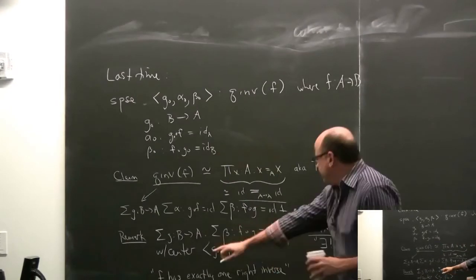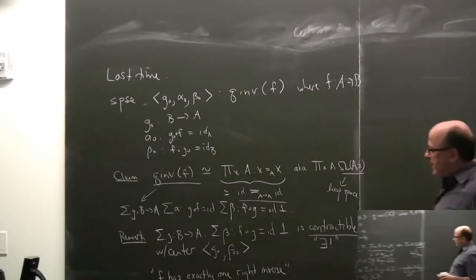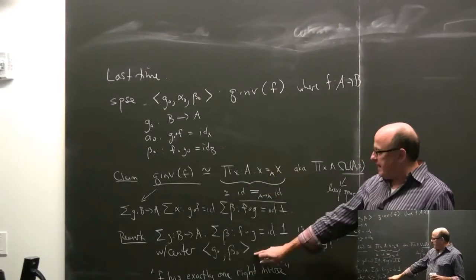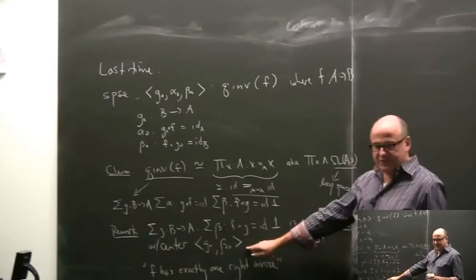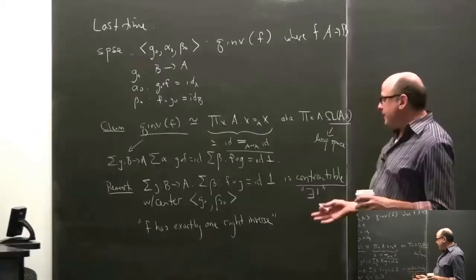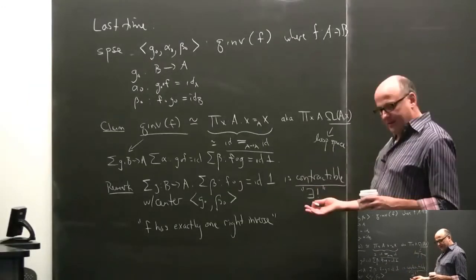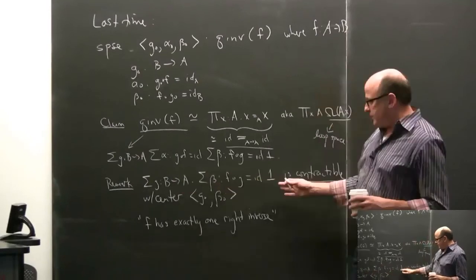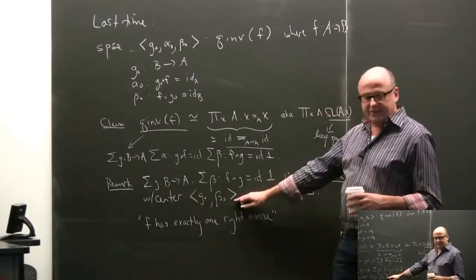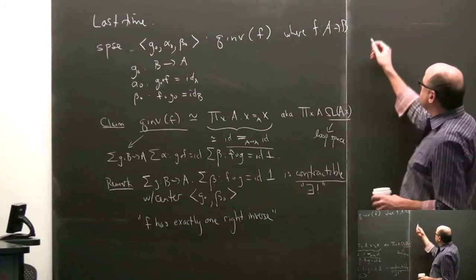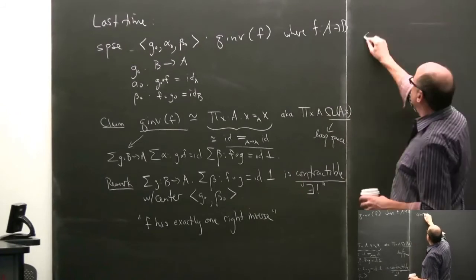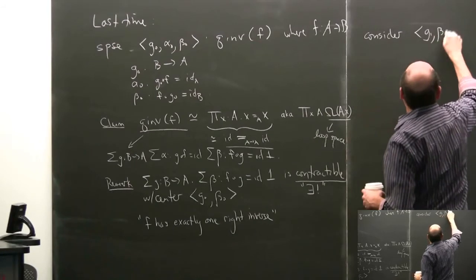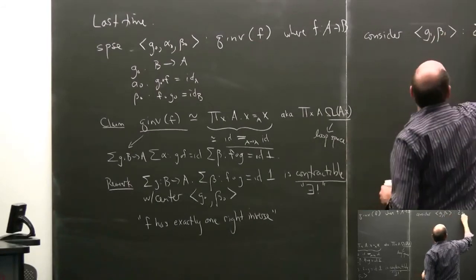The statement that the type is contractible is saying it's inhabited, but that's given up here. F has a right inverse. And if you give me any other thing in this type, it's equal to that center of contraction. So let's consider, just to show on the side, G1, B1 also in that type, sigma B and A,